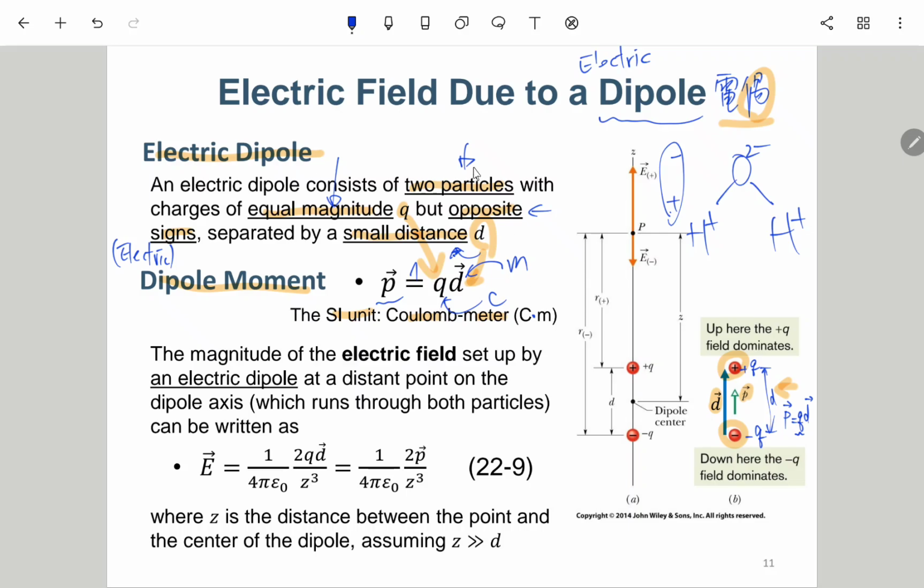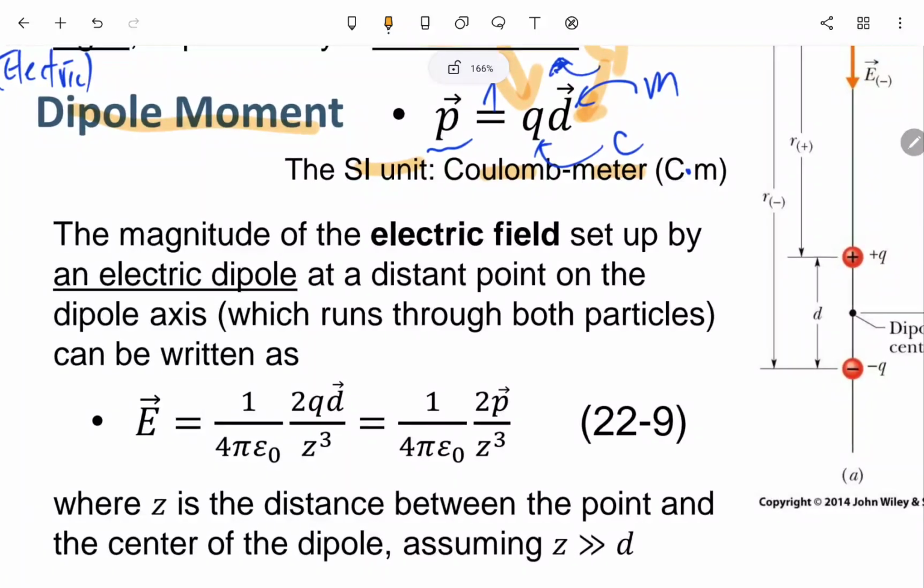Okay, so here it says the magnitude of the electric field set up by an electric dipole at a point on the dipole axis, which runs through both particles, can be written as this expression. Looks a little bit horrible, but actually I will derive it on the next page. So let's take a slight look at this equation. This is the E field generated by a dipole, but